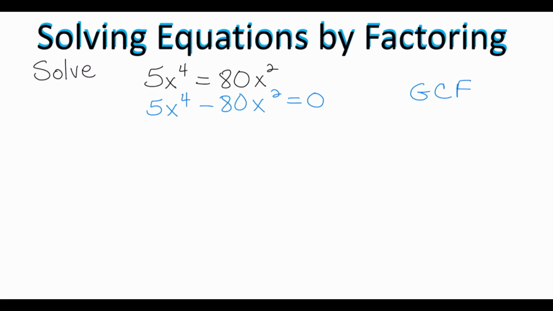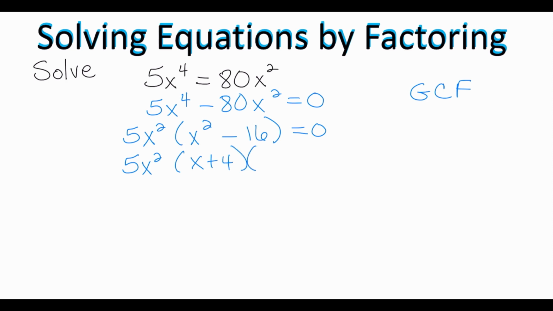Both the 5 and the 80 are divisible by 5, so I'm going to take it out, and they also both have an x squared in common. What am I left with? I'm left with x squared minus 16, because 80 divided by 5 is 16, equals 0. Take a look right here at x squared minus 16. That is simply the difference of two squares. So I can continue to factor this problem as 5x squared times x plus 4 times x minus 4 equals